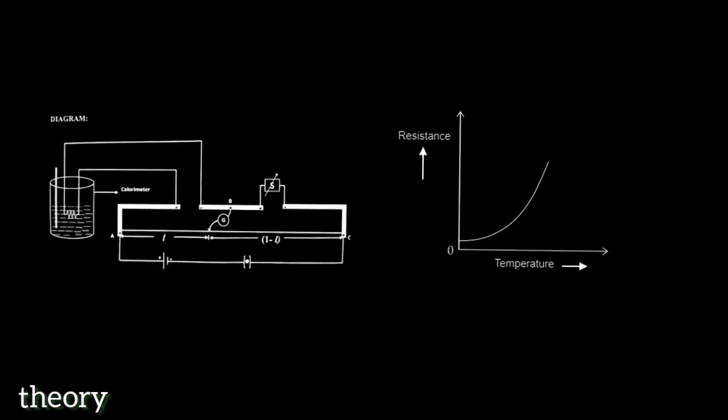In this video, we'll be discussing the experiment on temperature variation of the resistance of a conductor. We'll be looking at how the temperature of the conductor affects the resistance that it offers to a circuit. Along with that, we'll be finding the temperature coefficient of resistance and also the conductivity of the conductor. So, there are three formulas in this experiment.